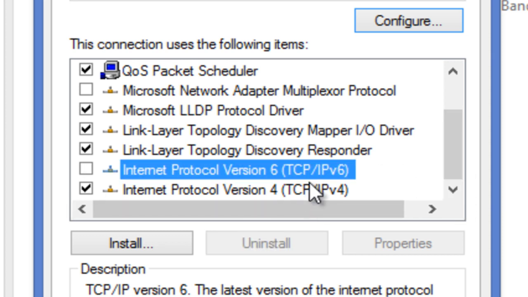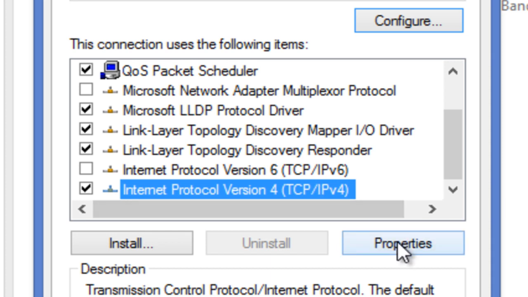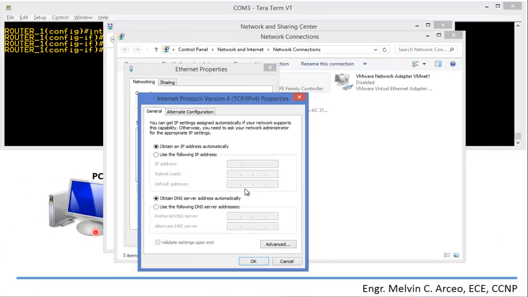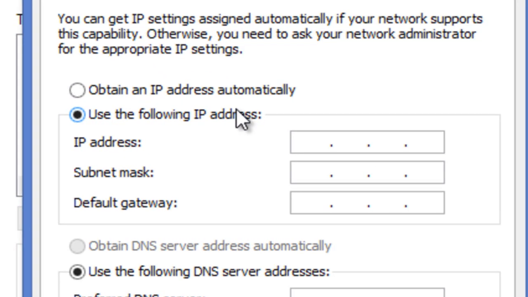Punta lang tayo doon sa IP version 4, click on that, and then click on properties. Now notice, wala tayong IP address na nakaset manually. Kasi nakalagay dito is obtain an IP address automatically. Now, to have a static IP address on that PC, kiklik nyo lang itong radio button na says use the following IP address. Now, let us have PC1 to have an IP address of